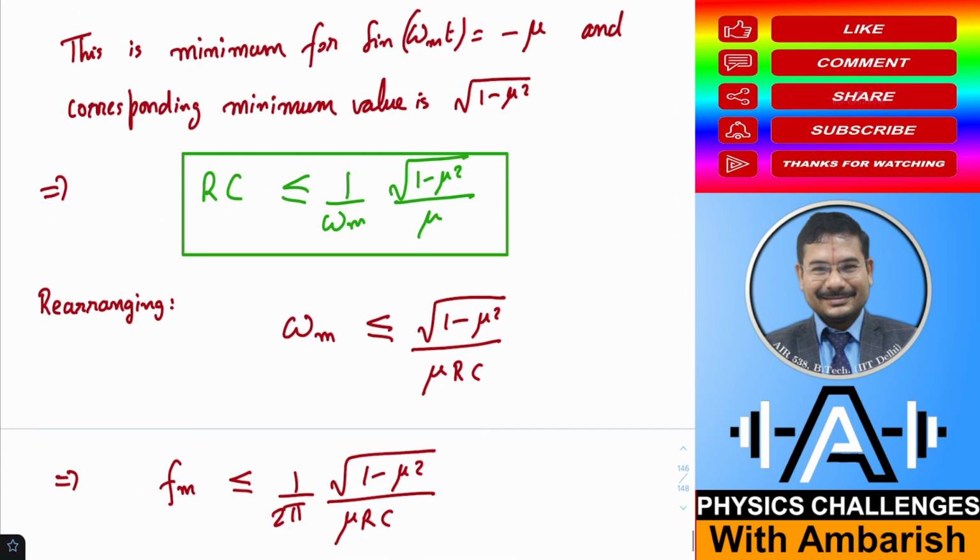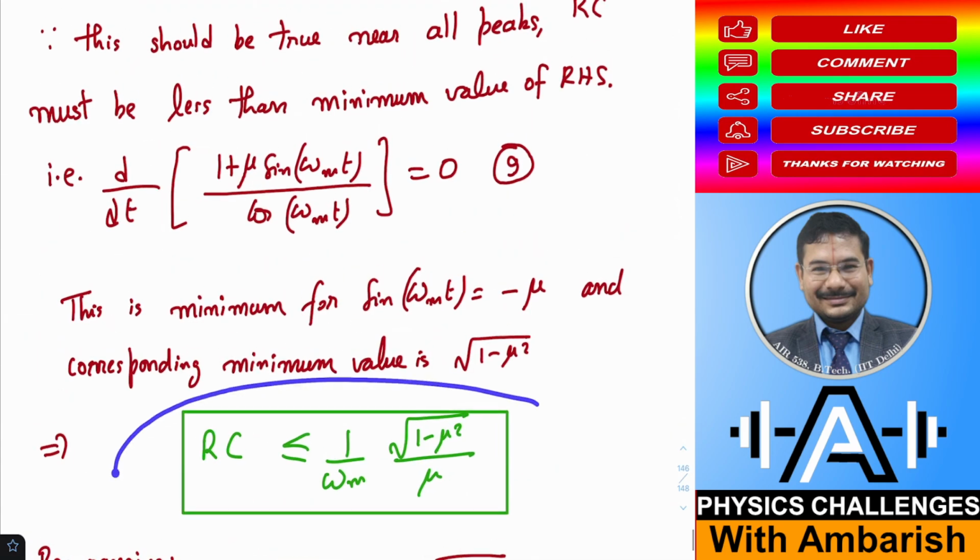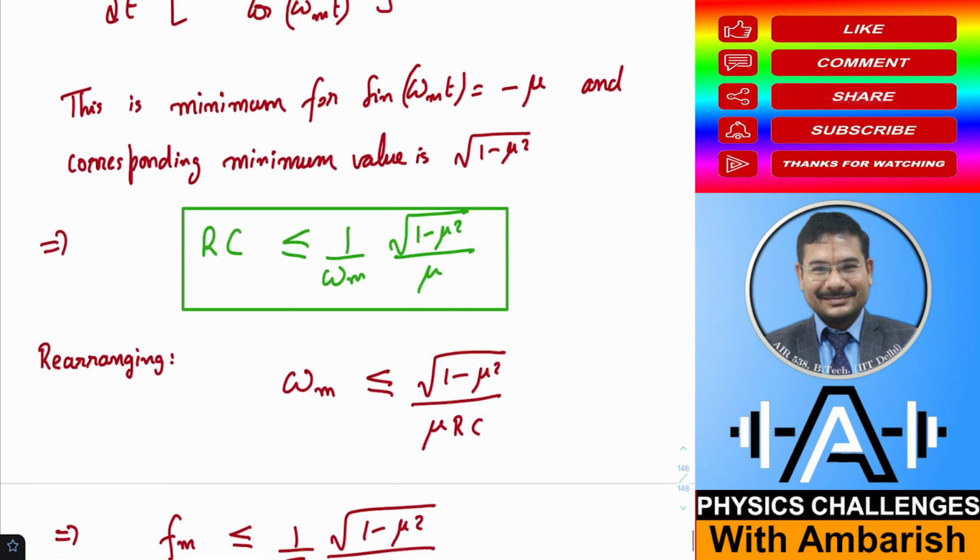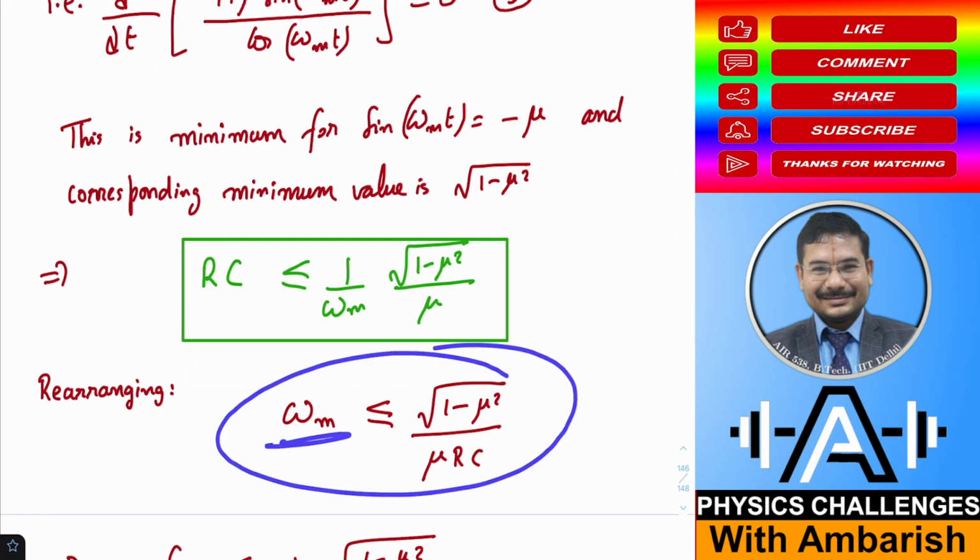In fact, when you are saying that RC is less than equal to this, actually the equality is best, because that will miss the peaks by the least possible value, right? Equality means we are just optimizing the whole thing. Otherwise if you want to dig a little below all the peaks, then it can be less than also. And if it's a complicated circuit, then accordingly you can see what should be the bound considering all the message frequencies. If you rearrange this equation, omega m should be less than equal to root of (1 minus mu square) upon mu RC,